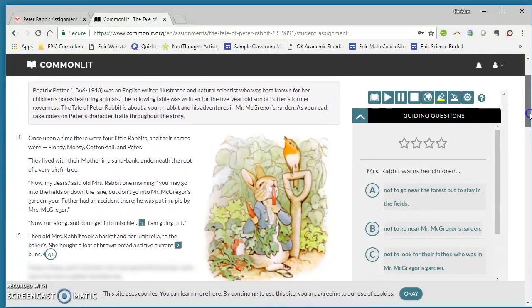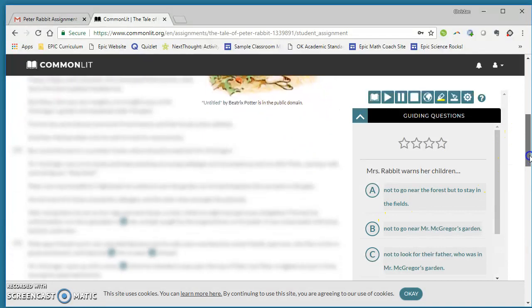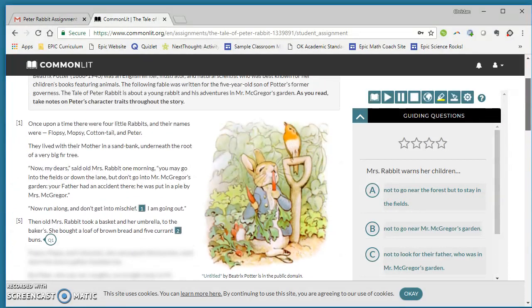Now what I want you to see is I usually turn on guided reading, which means you'll read a little bit, and then you'll get this little button here that says Q1, which stands for question 1. And you won't be able to read past that. It's all blurred out until you finish this first section. Up here,